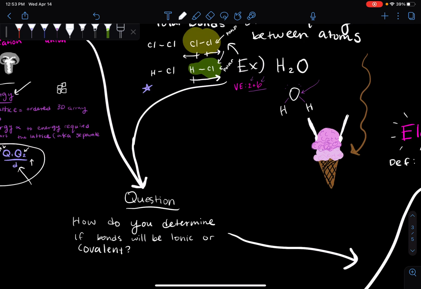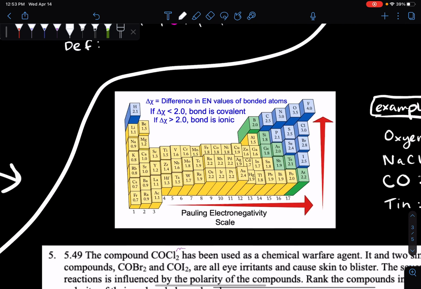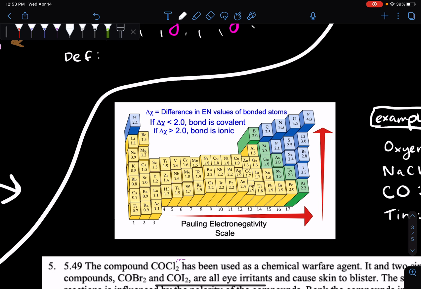This leads me to a question. How do you determine if bonds will be ionic or covalent? Well, the answer lies with electronegativity. Okay, electronegativity,